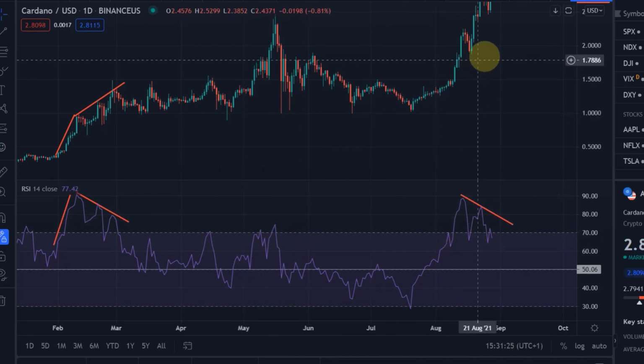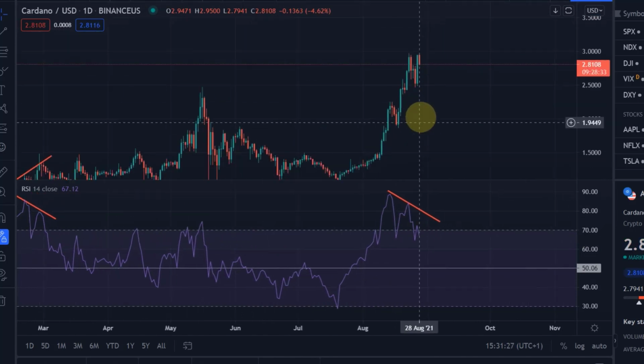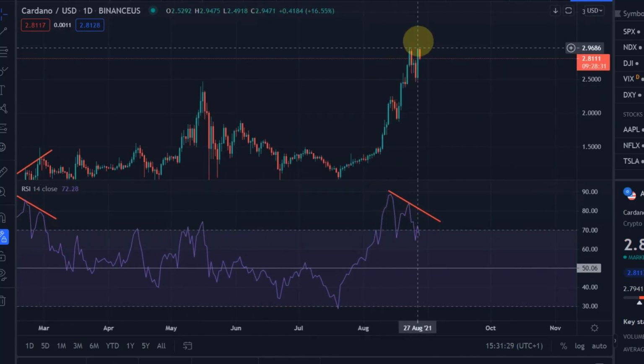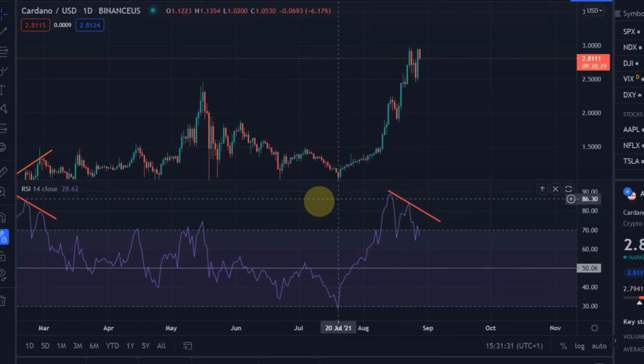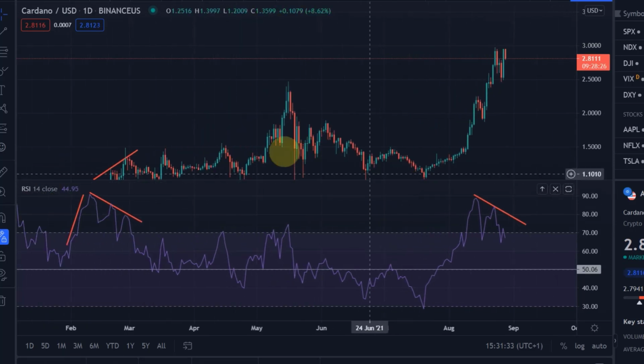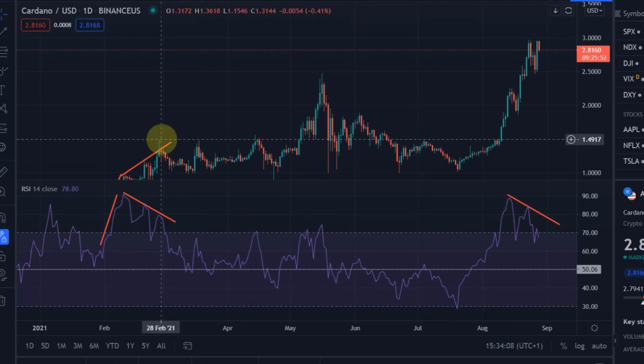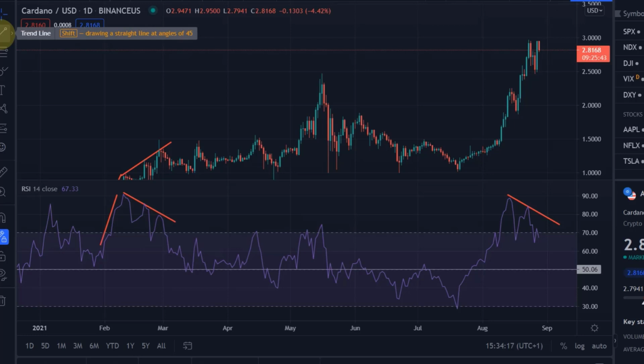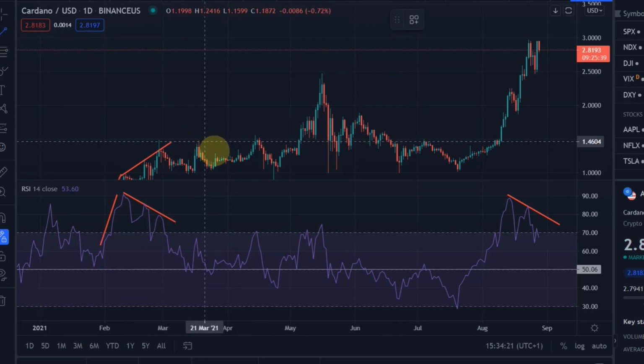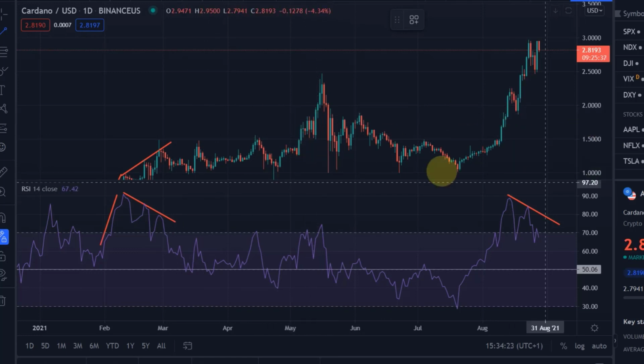It's only here then where we currently are that you can see the same thing, price going up and the RSI doing actually something else. So this is what really should pick your attention. But I said before that the RSI is obviously only one indicator, so you can use it together with other indicators that we already spoke about or will speak about in a few other videos, like for example support and trend lines. So let's say you have a support line somewhere,